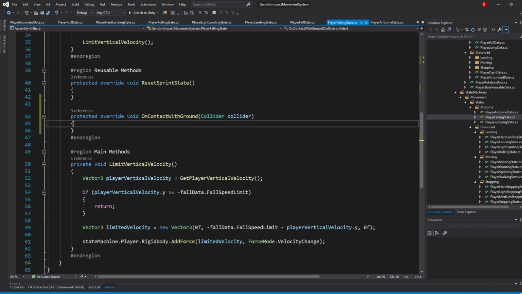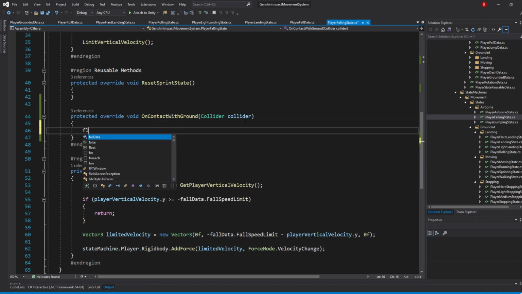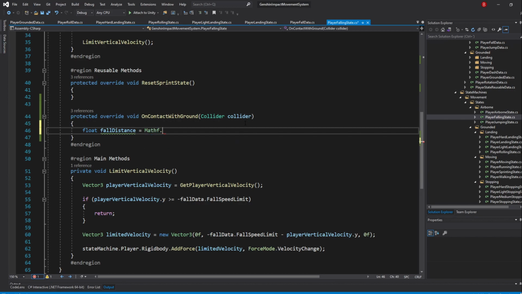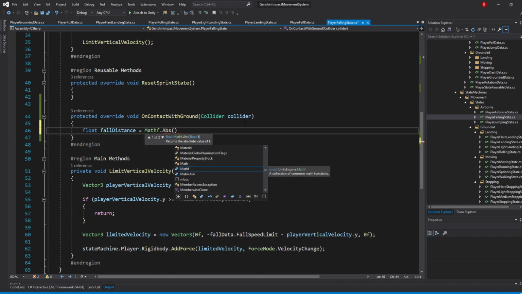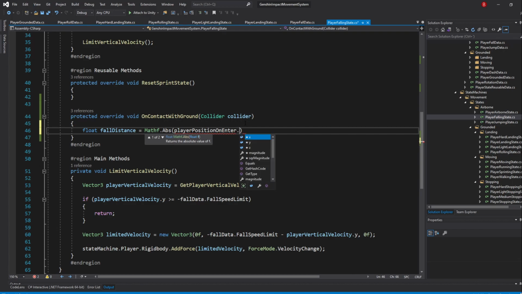In here, we'll get the distance by typing in float fallDistance equals Mathf.Abs, for absolute, which makes it become positive when the subtraction returns negative, and pass in playerPositionOnEnter.y minus stateMachine.player.transform.position.y. This gets us the difference between the player position on enter and its current position.